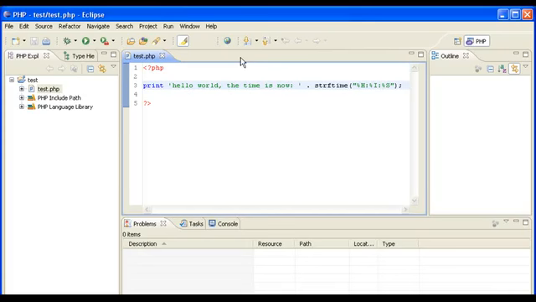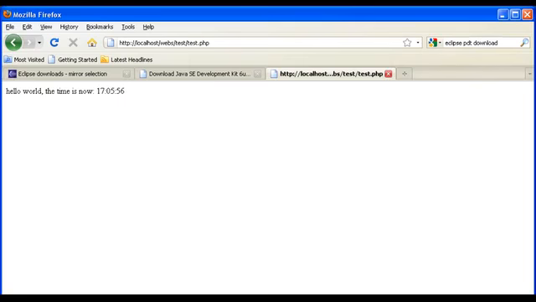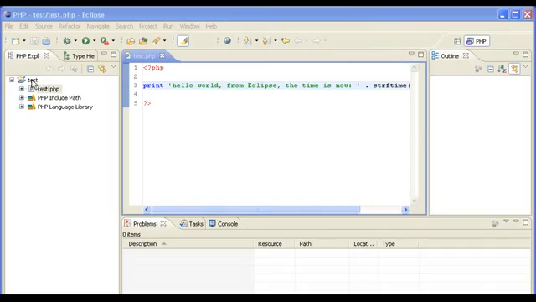And I'll change it in Eclipse. Hello world from Eclipse. Control S to save it. And now we'll go back to the page, do a refresh, and it says hello from Eclipse. So Eclipse is installed, and we can make projects by right-clicking here and saying New Project, and it will create